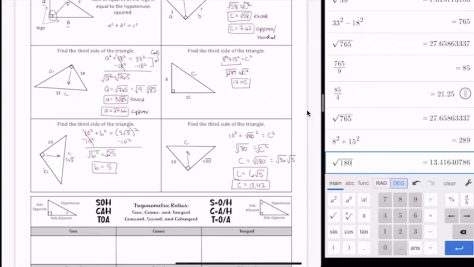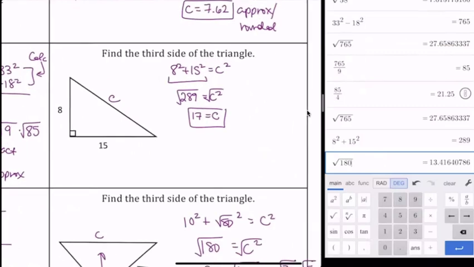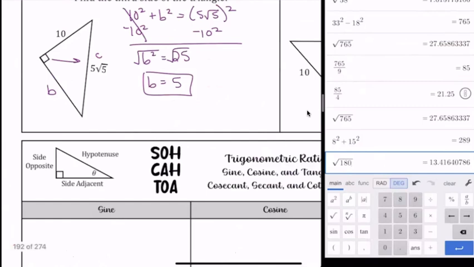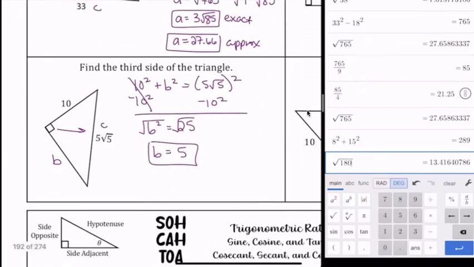Here are our last three answers. For this one, we had the square root of 289. That was bigger than our list. We had to check if it was just a perfect square, and it was. The square root of it was 17. That means this is our exact answer. There is not an approximate because it is an exact number, so we're good with that one. Here, same thing. We had an exact answer of a whole number 5, so there is not an approximate because